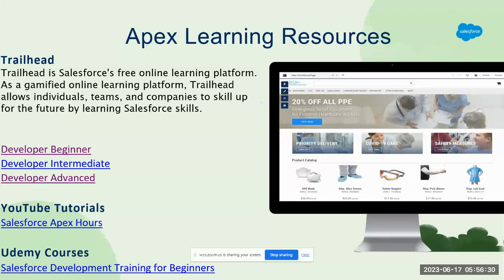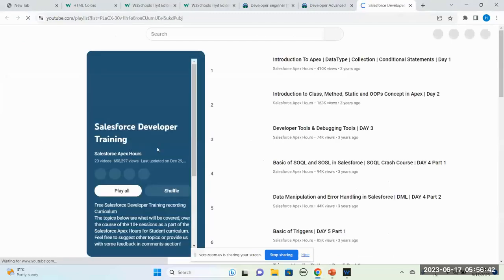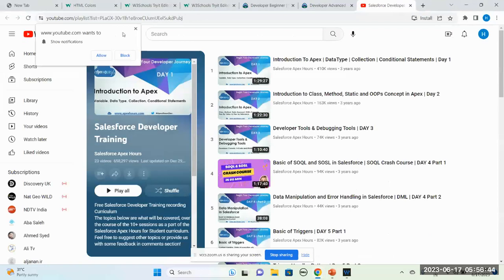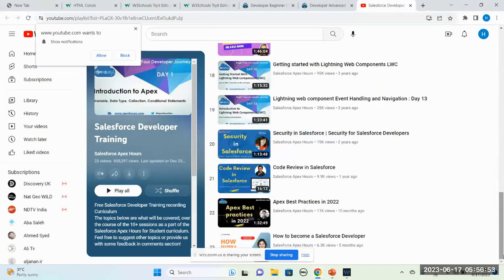Apart from that, if you want to go through YouTube also, you can try multiple resources. But for me, I learned from Salesforce. There's this website, Salesforce FAQs. I'm sure you have heard about it. So they have got their own cool course, developer training and all, everything. So you can go through this also.